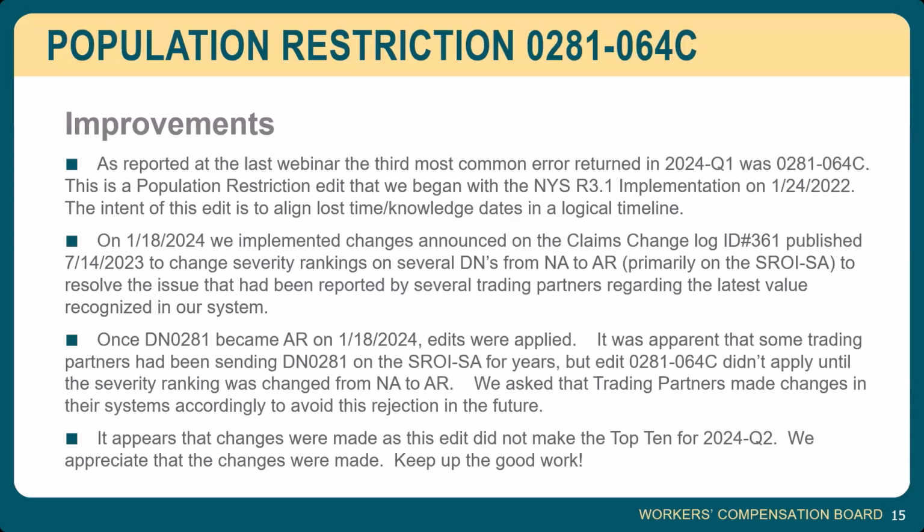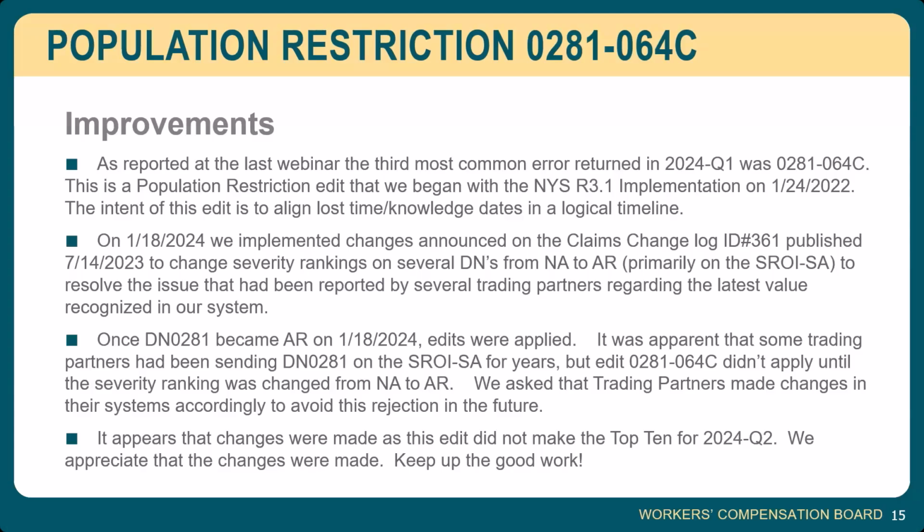They were published in July of 2023 to change our severity rankings on several of the DNs from NA to AR, primarily on the FROI SA. This was to resolve the issue that had been reported by several trading partners regarding the latest value recognized in our system. Once we programmed and made DN281 AR on January 18th of this year, it was quite apparent that some